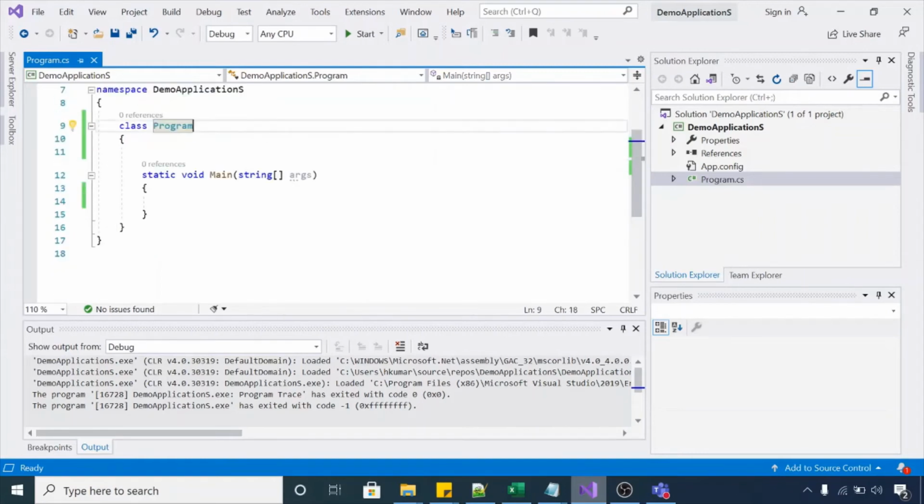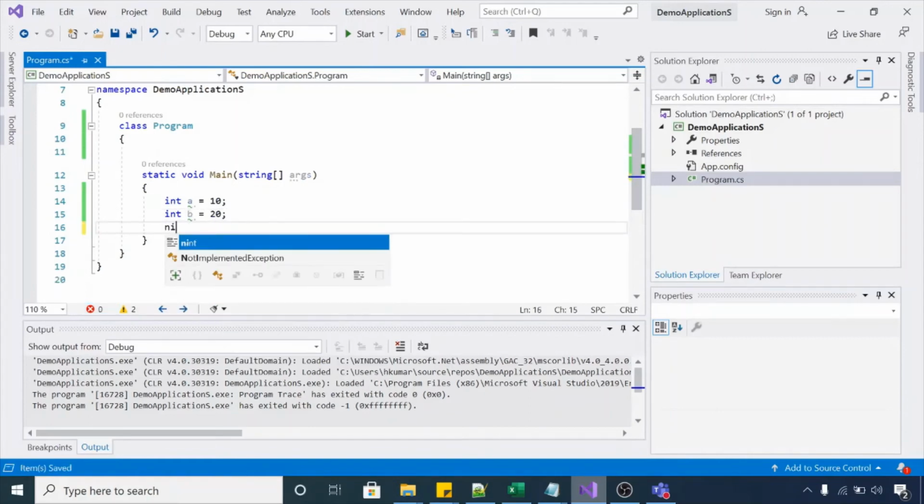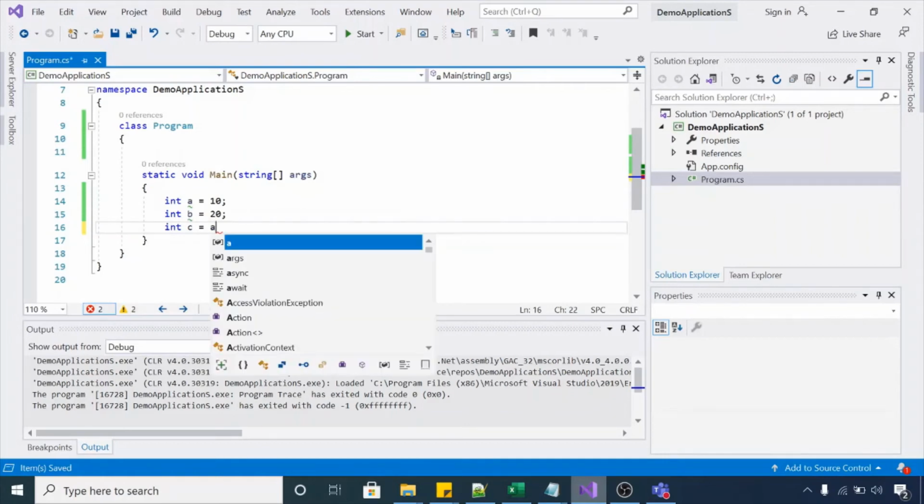To see a demo of how to add a watch in Visual Studio, let me create some variables here. I will create an integer a variable equal to 10, an integer b variable equal to 20, and an integer c equal to a plus b.